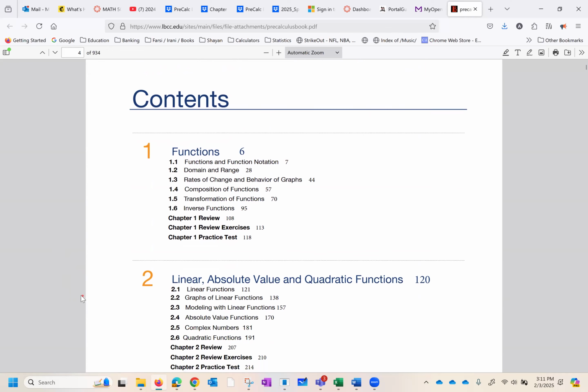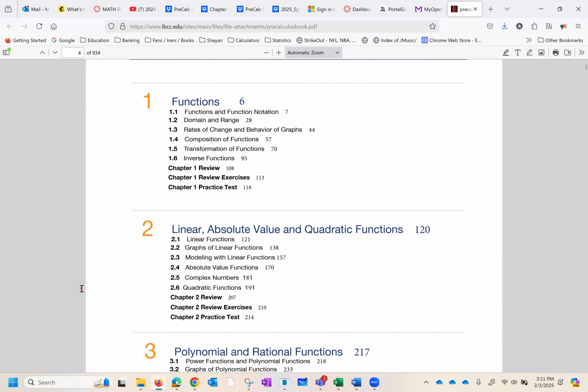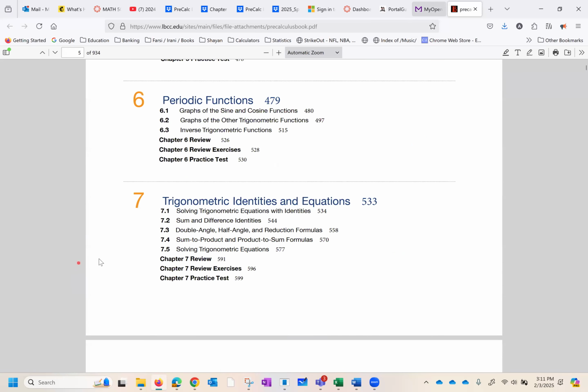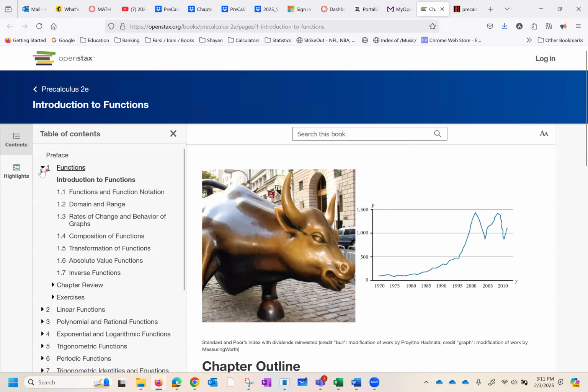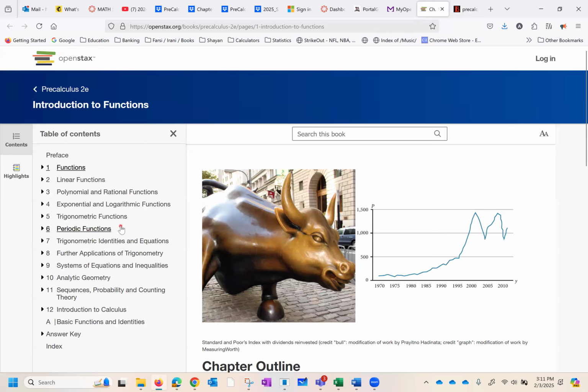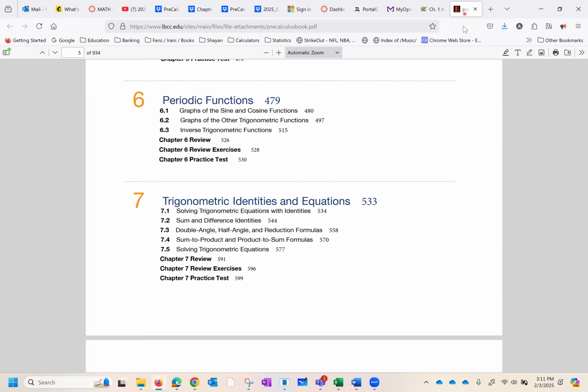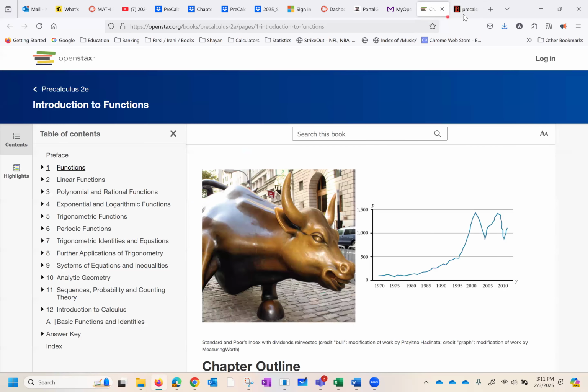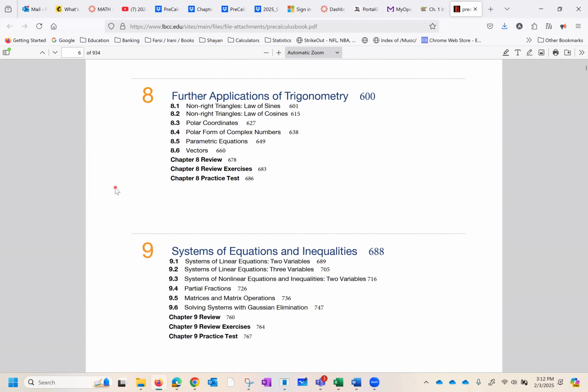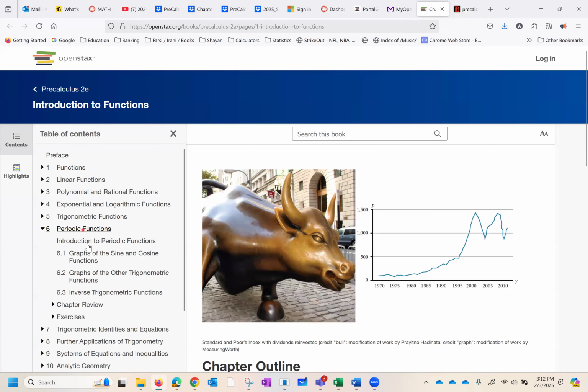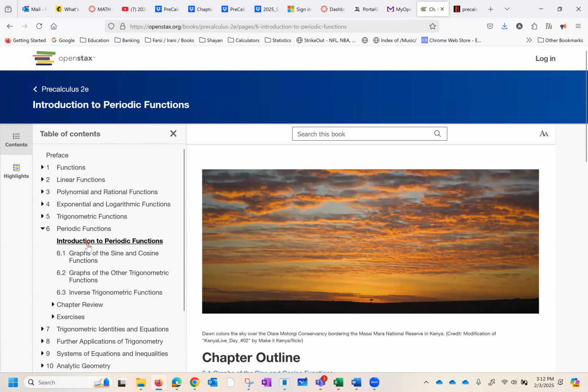So we have this text, and this text is based on this one in OpenStax. The difference is this one is a little bit easier to navigate, but this one has almost the precise sections we cover. That's the difference. If anybody wants to follow along, it may be easier to follow this text, whereas this one is easier to navigate. You can go to a section of interest, chapter, section, you name it.